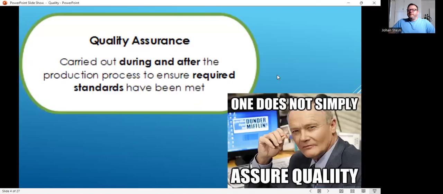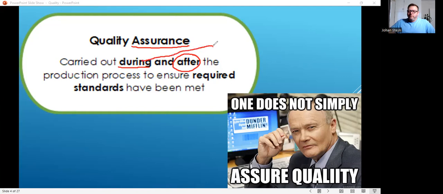If we look at quality assurance, now is where you need to keep your mind fast to make sure that you don't get confused, because quality assurance is during and after. So which one comes first? Not necessarily any one in particular, but you need to understand that during cannot be quality control, because quality control happens right at the end. So quality assurance is what you do